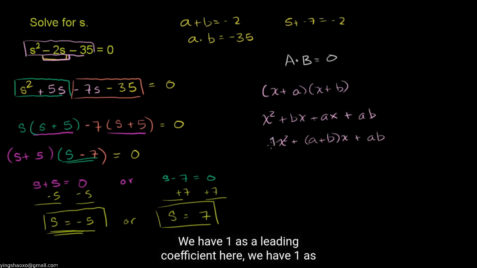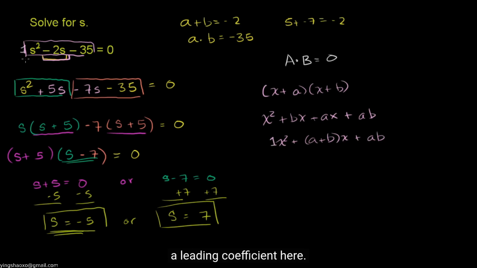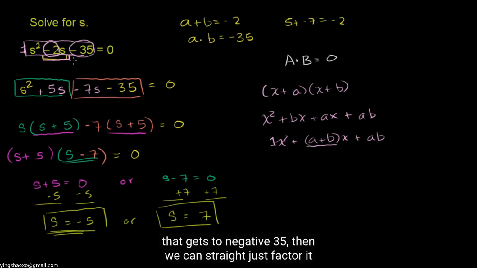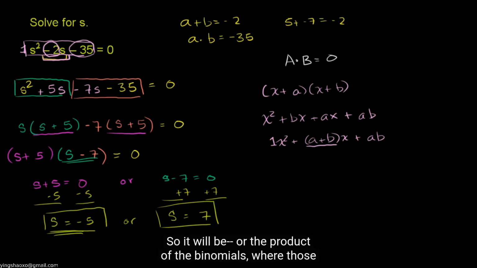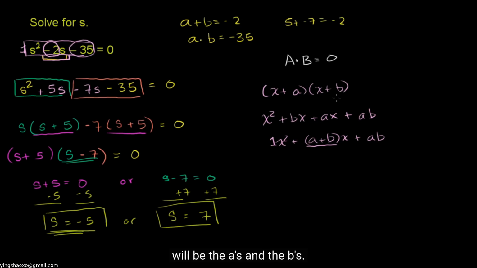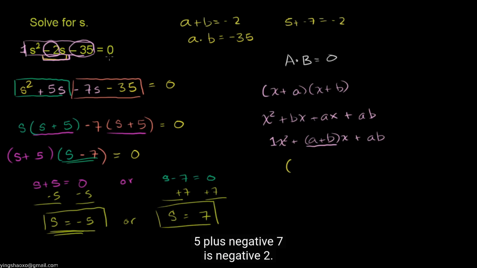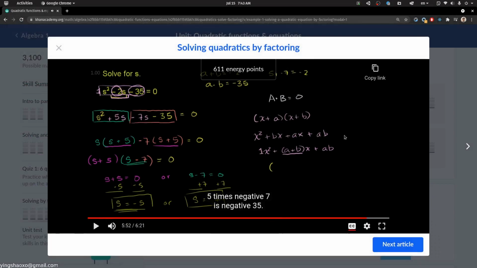We have 1 as a leading coefficient here. So once we have our two numbers that add up to -2, that's our a plus b, and we have our product that gets to -35, then we can straight just factor it into the product of the binomials where those will be the a's and the b's. So we figured out it's 5 and -7. 5 plus -7 is -2. 5 times -7 is